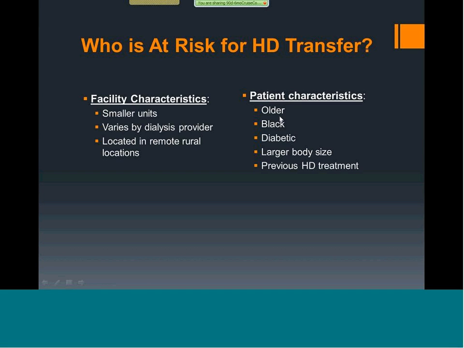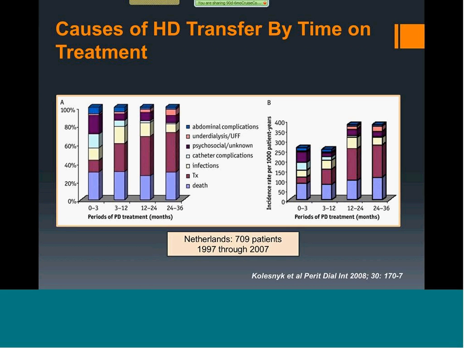What it tells me is that when an old black diabetic individual, for example, is admitted to your facility, the patient requires a lot more support from within the facility to be successful than patients with other characteristics. But I would not use data like this to say that these patients should not do PD. These patients do as well as all groups of patients if provided with the right support.